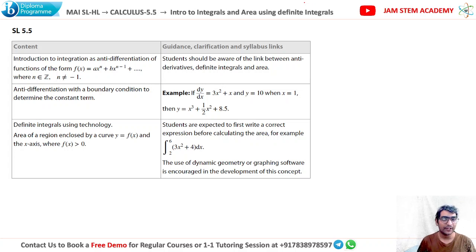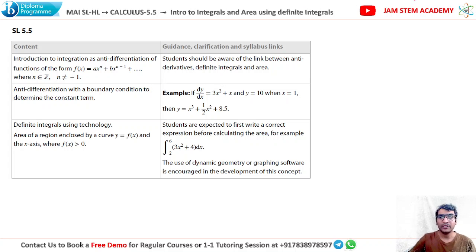techniques to integrate a function, how we can do that, and what will happen if the terms are in multiplication, division, or there is some composition. So there are various approaches or various methods. For SL, we have only the antiderivative of these polynomial functions, right? But in the HL part, we have lots of things to do. Now, we will also see using technology how to find the area under the curve or what this